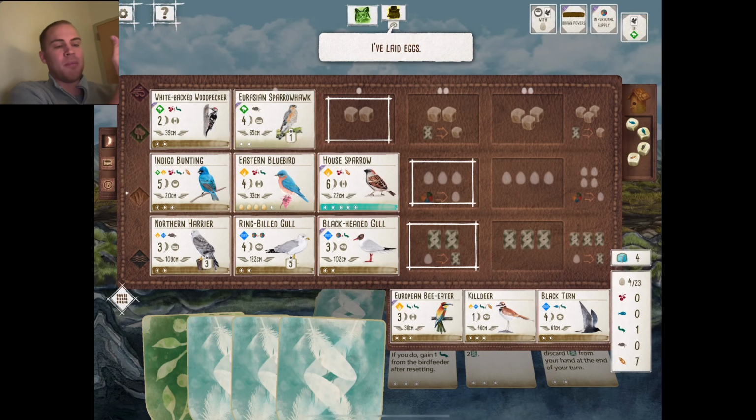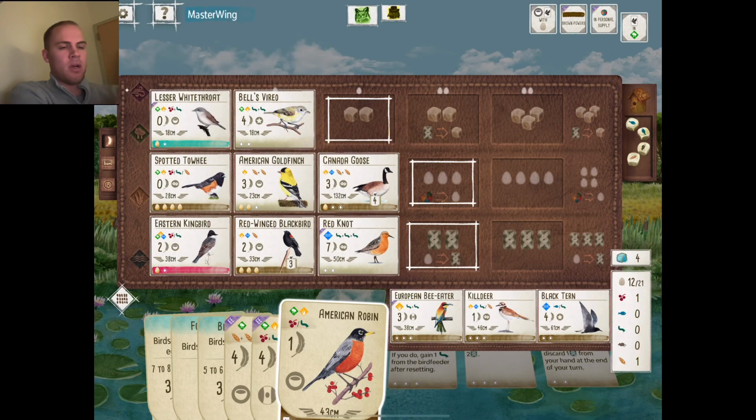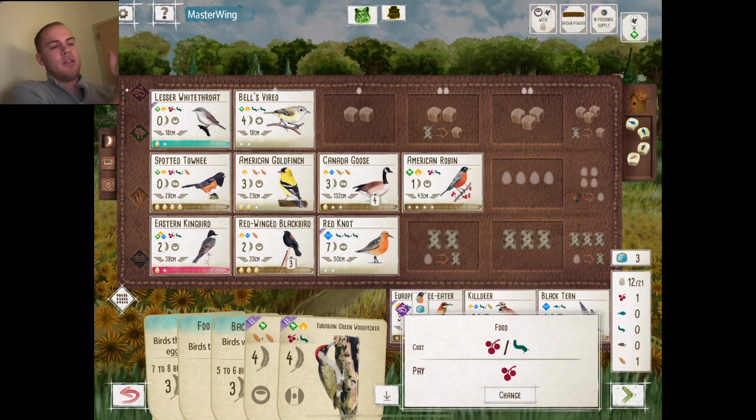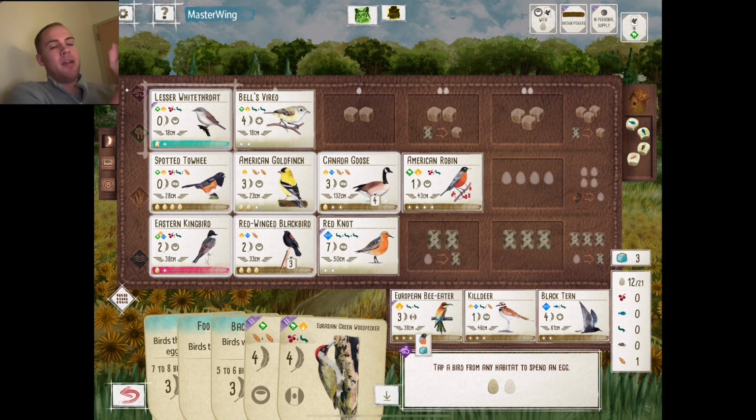Maybe we do a double play. It counts double for the goal. I need to get 9 birds down. I need to lay an egg on everything for Oologist. If I get the Robin, that's a 4, 5, 6, 7-point engine. Now that we have the Robin down,